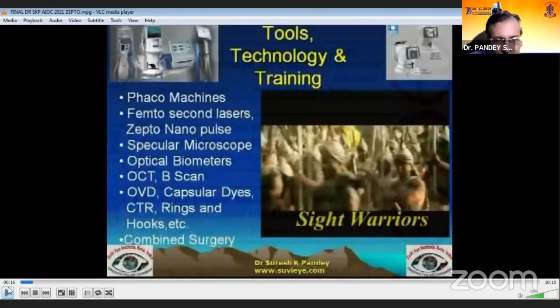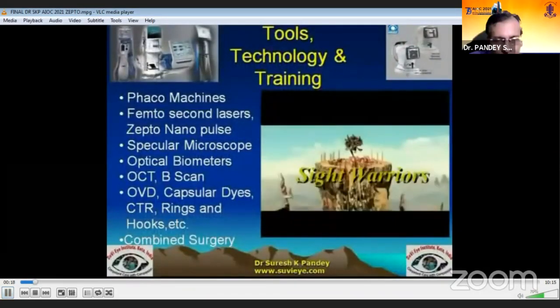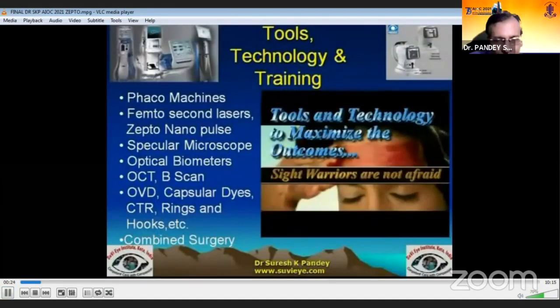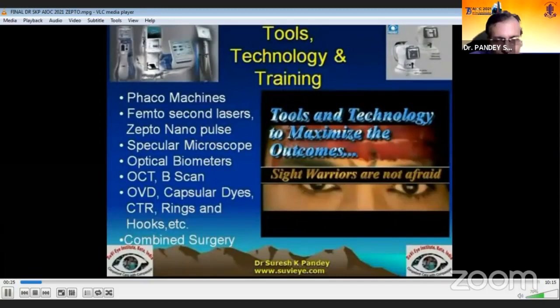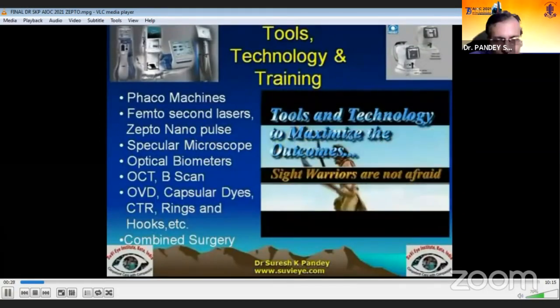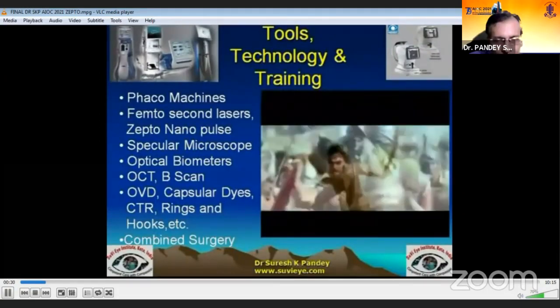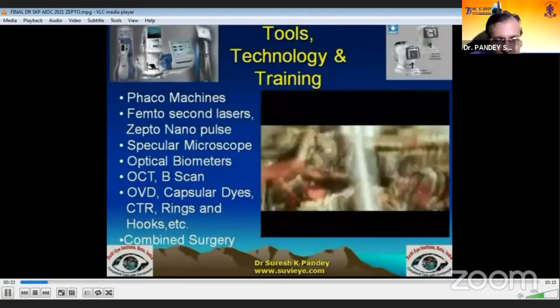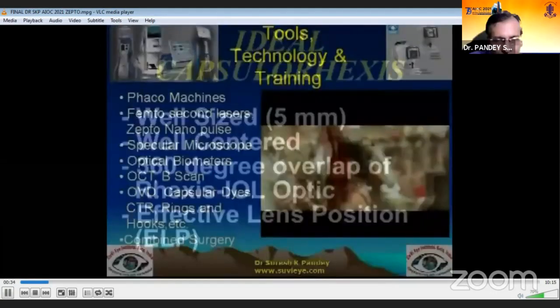Okay. Since the first lens was implanted by Sir Harold Ridley, there has been tremendous advancement in the tools, technology, and training for cataract surgery. We now have wonderful phaco machines, femtosecond lasers, Zepto nanopulse technology, specular microscope, optical biometers, OCT scans to deliver the best outcome.